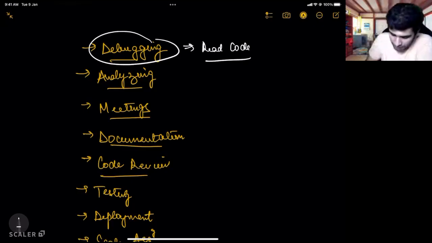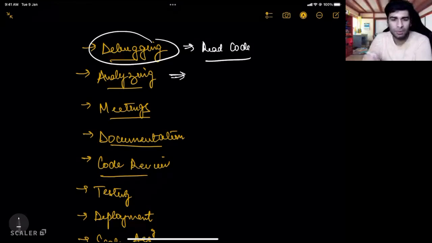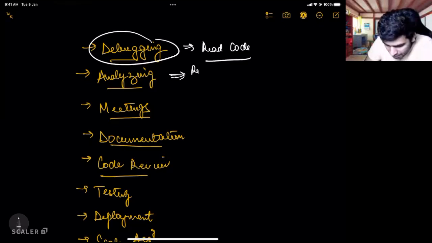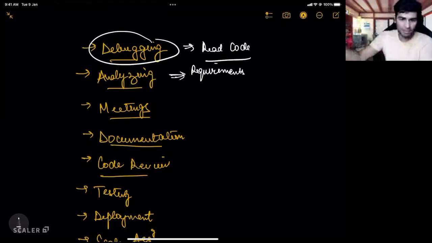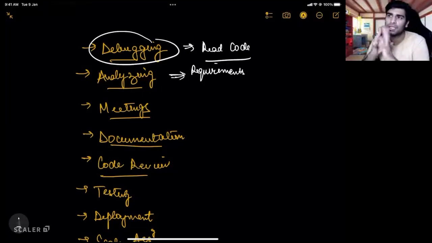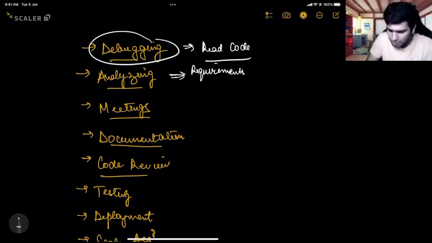Perfect. Now, analyzing. What might you be analyzing most of the times? The word analyzing is used in multiple ways. One is to analyze the performance. Sometimes analyzing is for requirements. So you often end up analyzing requirements: what exactly do I have to build? Your product manager or your manager comes to you and says, hey, Prakash, you have to build a system that does this. So you are trying to understand the requirements, that my program has to support this use case, my program has to support this use case. Sometimes you are analyzing the code as well, so you are analyzing the performance as well.